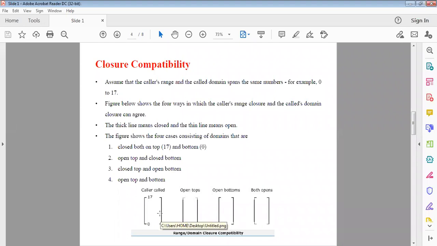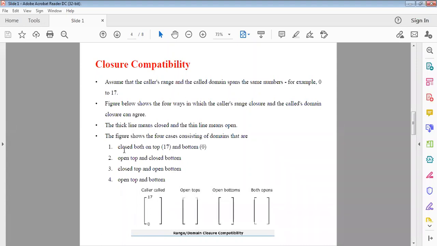The differentiation between these four representations is done by thick lines and thin lines. See this diagram. In one place we have the thick lines closed, and in another we have the light ones. This is the representation of differentiation between the four types. The thick line means closed, which means the boundary is closed, and the thin line means it is open.